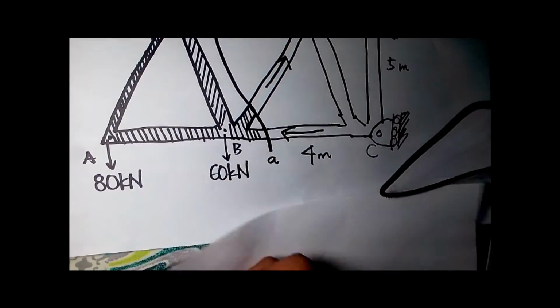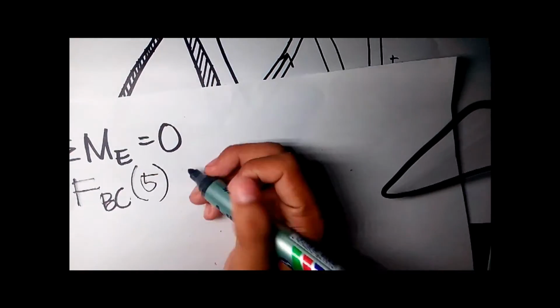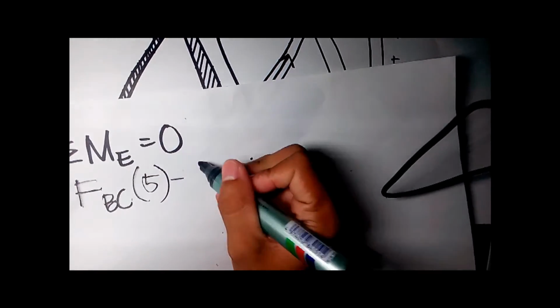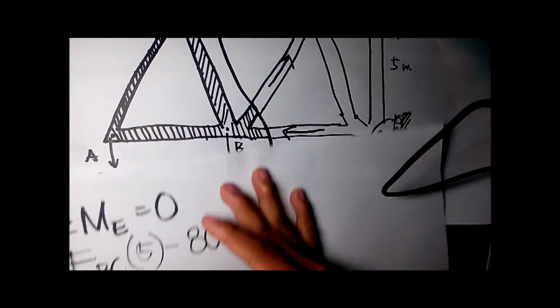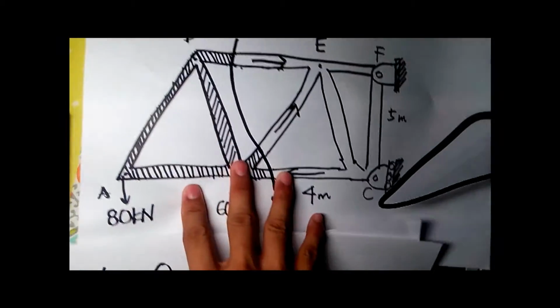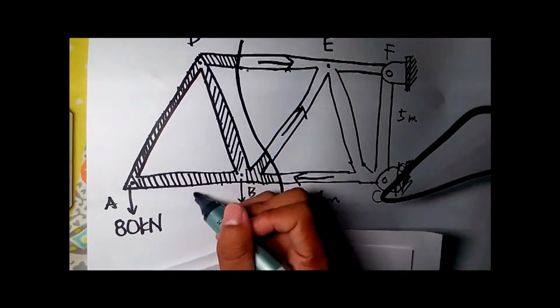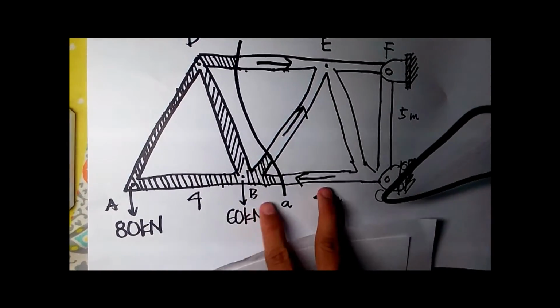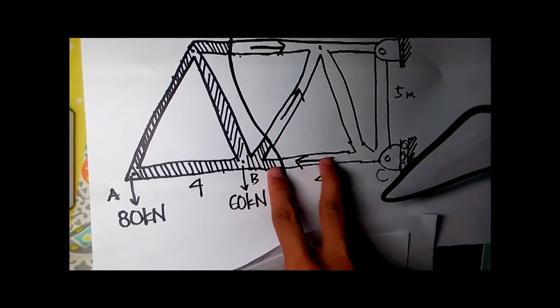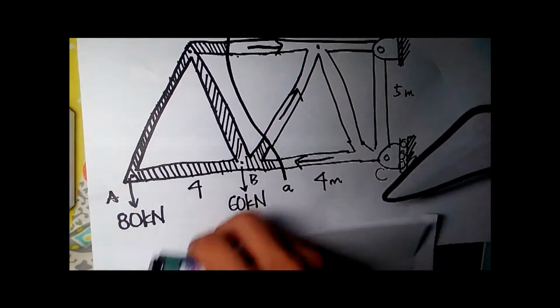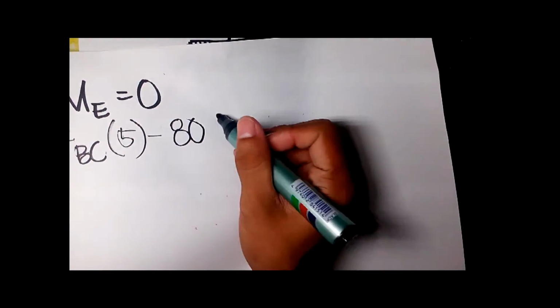So minus 80, the distance from point A to E, this is 4 plus 2 is 6, so 80 times 6